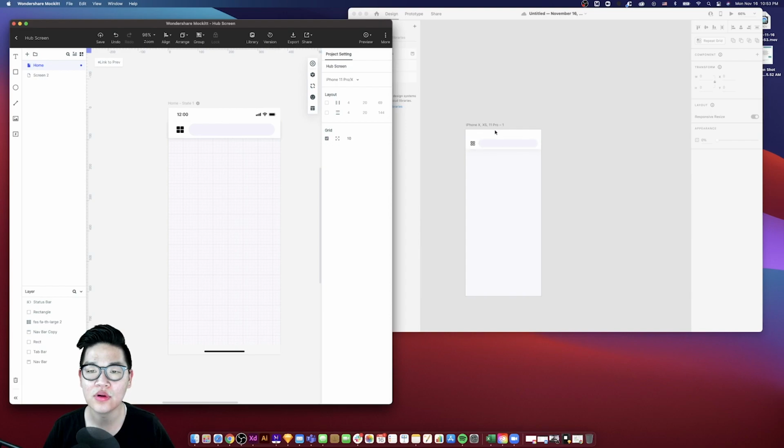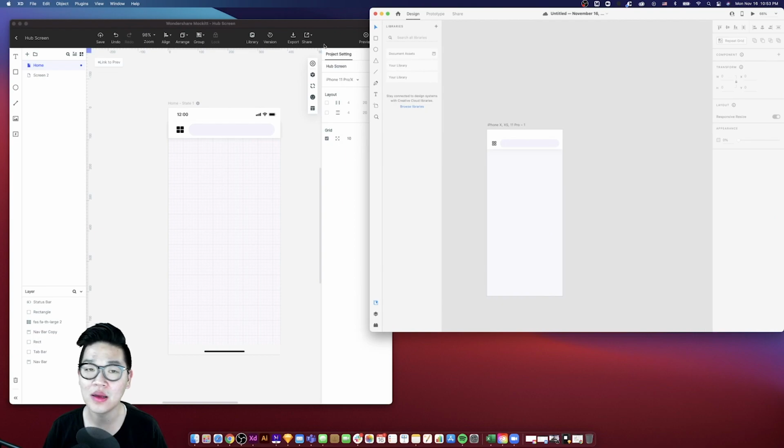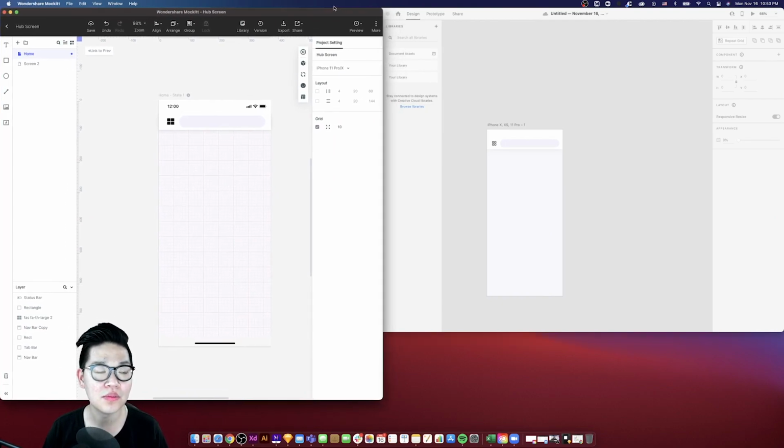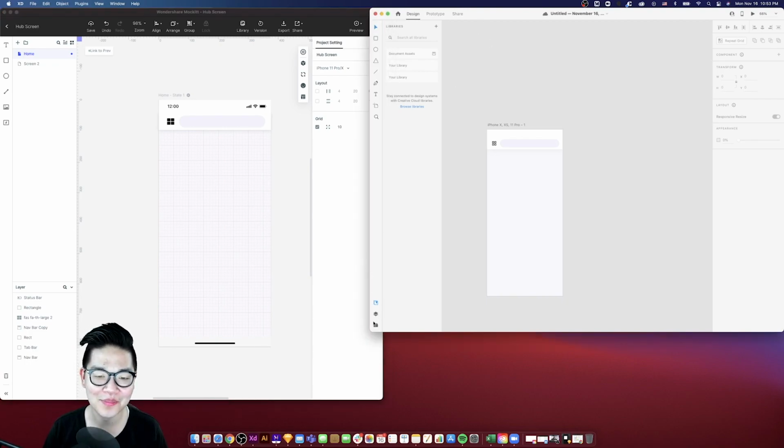And for XD, some of the shortcuts are different because XD uses some of the standard shortcuts from other Adobe programs, the older ones like Photoshop and Illustrator. So for people that have been using Photoshop for a long time, like myself, it's second nature. But yeah,